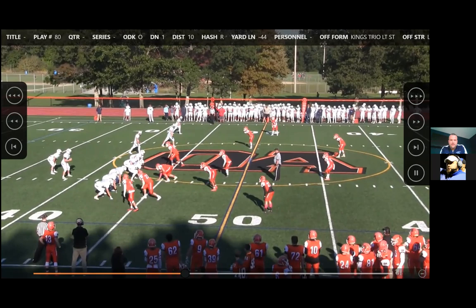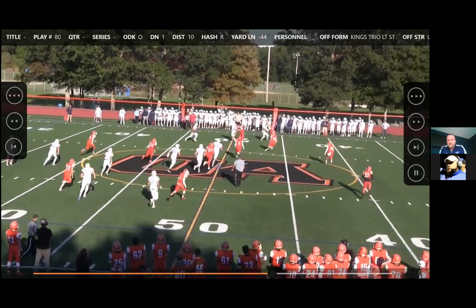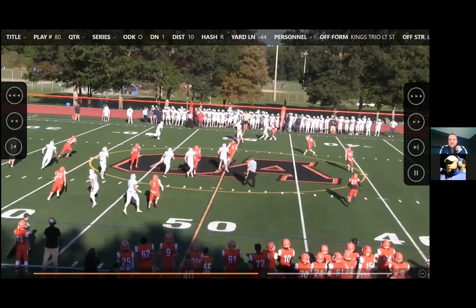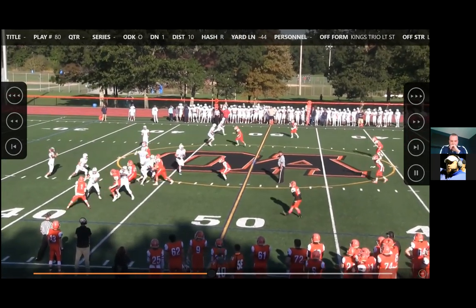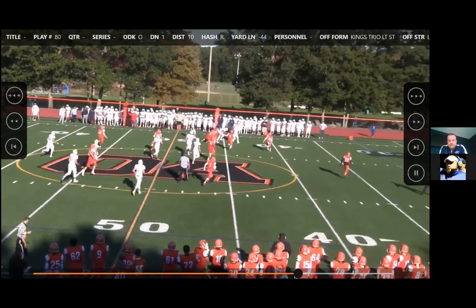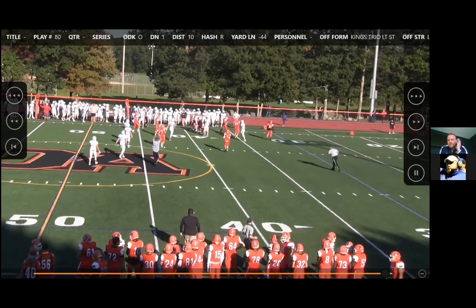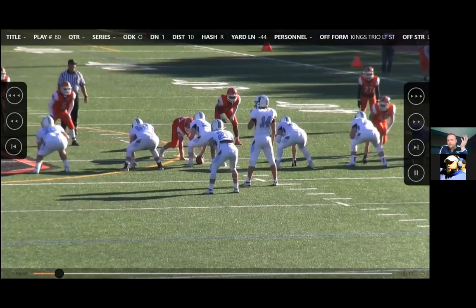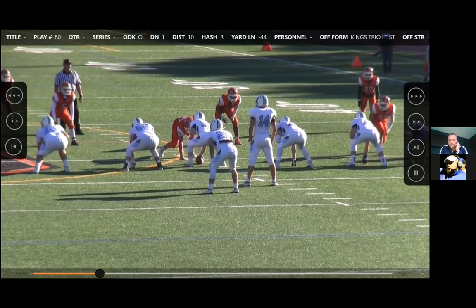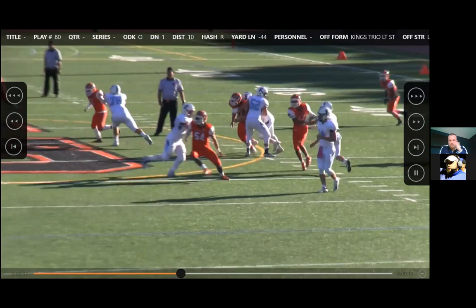We're running a gap run there. So you see there's our gap scheme. I'll let the end zone shot play so you can just see that, but it doesn't have to just be inside zone on this. He actually didn't have to give a call because we had the box secured. You'll probably look at this from the end zone and say, shoot, should have handed it off. Maybe he should have, but our rule is just if you can throw it, throw it. If you want to play quarterback, you should want to throw the football. Let it rip.